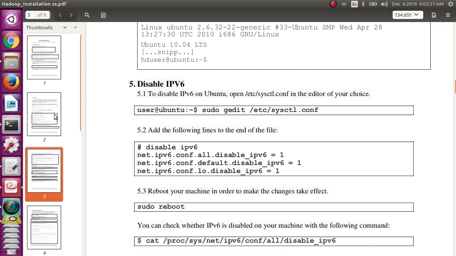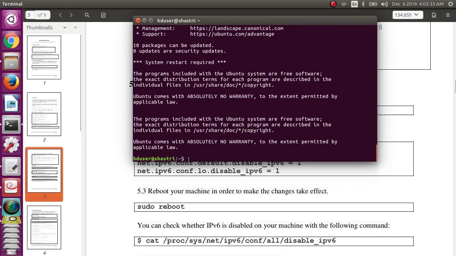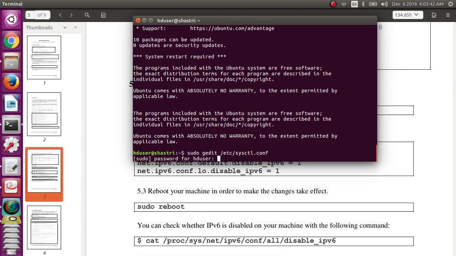At the time of Hadoop installation, disabling IPv6 can be done with the command sudo gedit on the sysctl configuration file. Copy it and try to open this file under root etc sysctl.conf and enter the password.